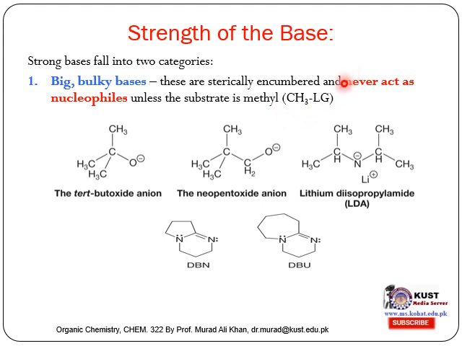So these bases are very much bulky, and they will just act as a base, never as nucleophile. In some cases, they will act as nucleophile. Those cases are when the methyl group is the most exposed carbon. In those cases it can act as nucleophile, but in normal situations it will act